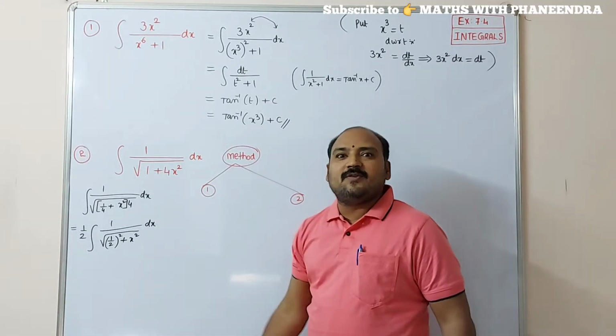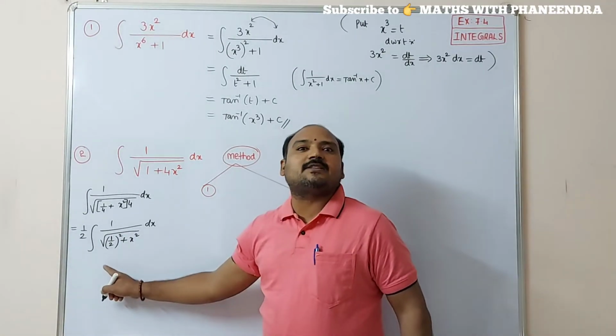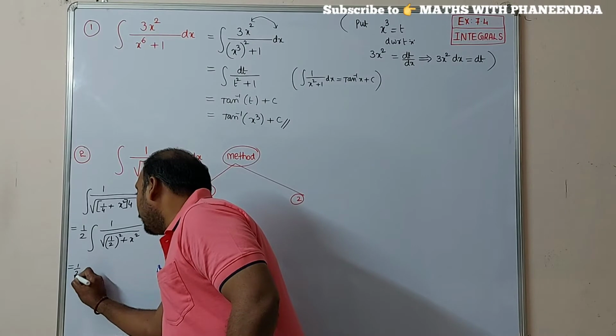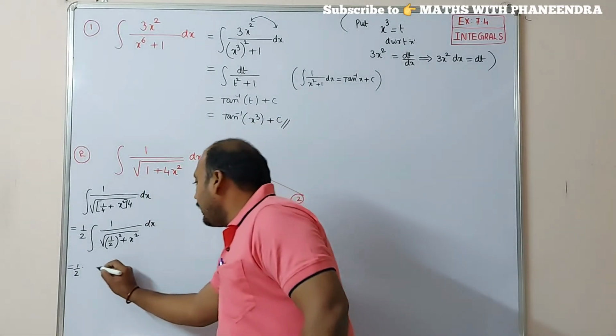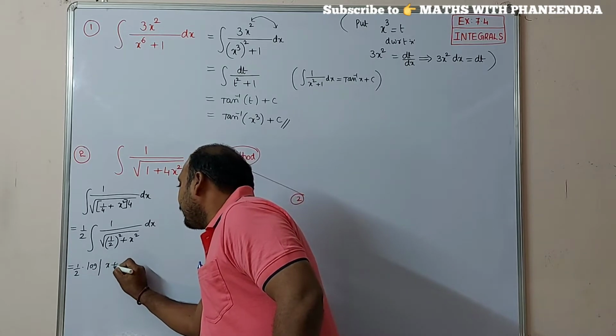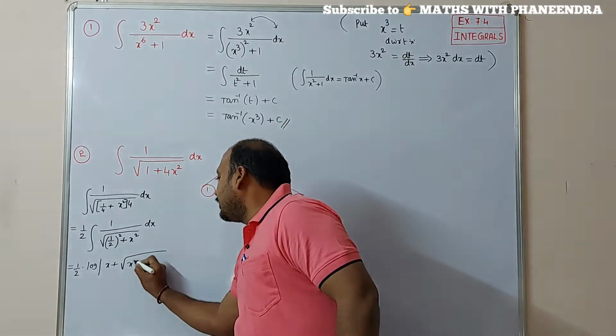Here it is in the form of integral 1 by root of x square plus a square, which is equal to half into log mod x plus square root of x square plus 1 by 2 whole square